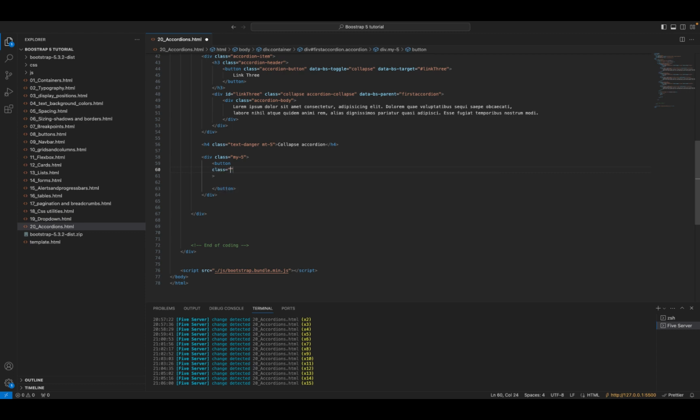So first we give it a contextual class, like button primary or button success, one of the two, BTN danger. I'm just going to give it one of the classes, but it's going to have a data-bs-toggle attribute, and this one is collapse as always, and the other one is a data-bs-target,